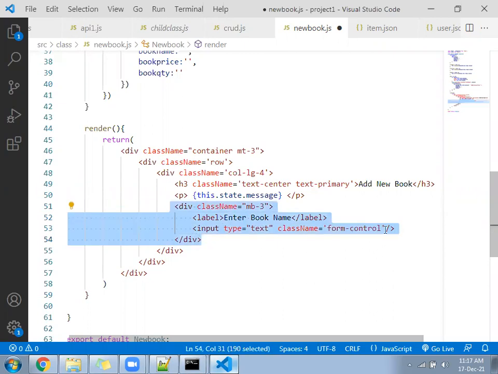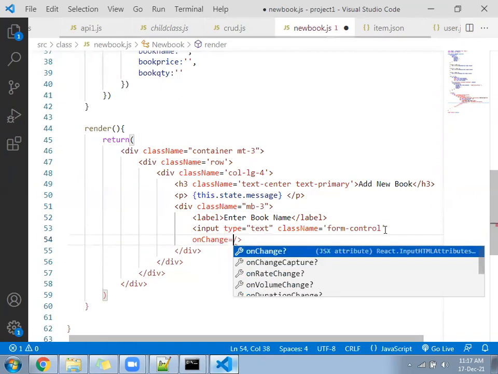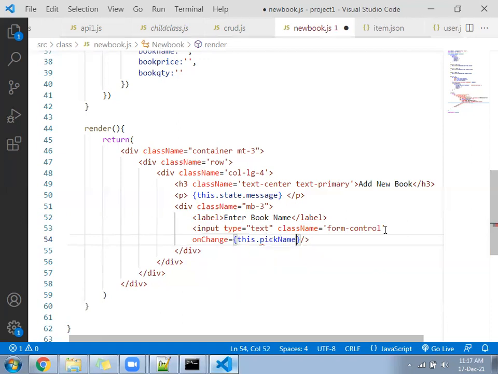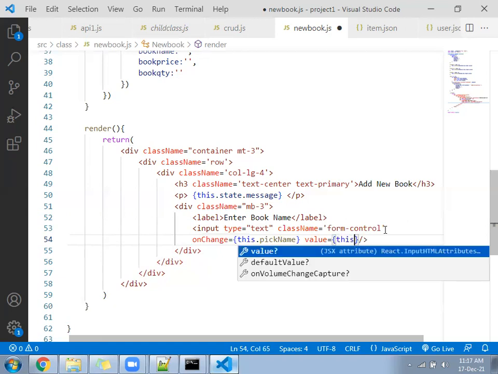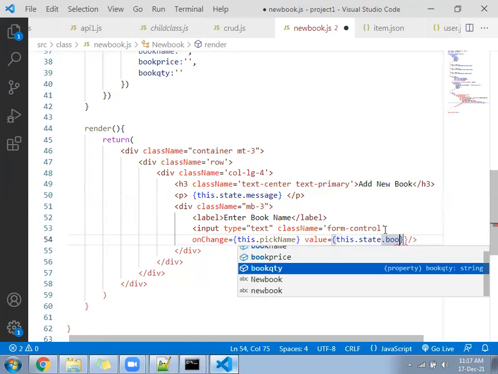Then here we will write onChange equal to which function? this.pickName, value equal to this.state.bookName.